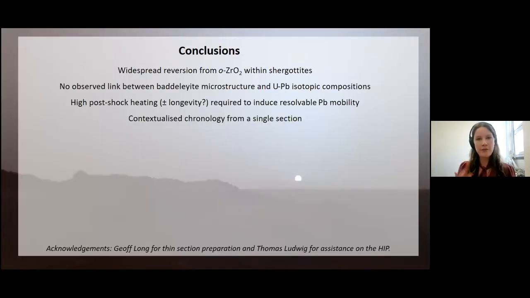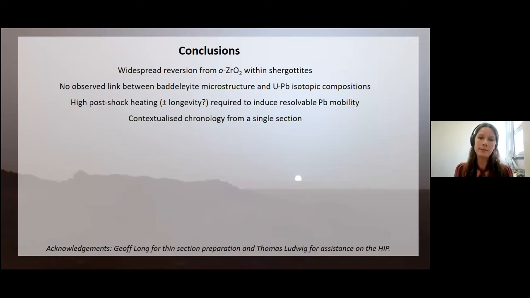So just to leave you with my conclusions, we document widespread reversion from orthorhombic zirconia in shergottites. This is expected. It takes about 5 GPa to eject shergottites from the Martian surface. But critically, and in contrast to our higher shocked samples, we don't observe a link between Baddeleyite microstructure and uranium-lead isotopic compositions, suggesting that we need significant post-shock heating, and probably longevity of post-shock heating, to induce lead mobility resolvable